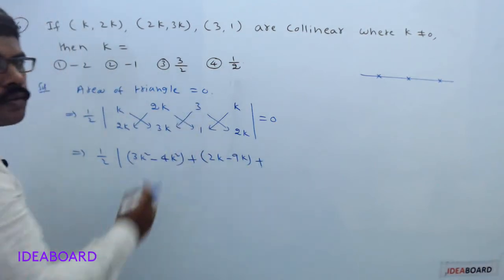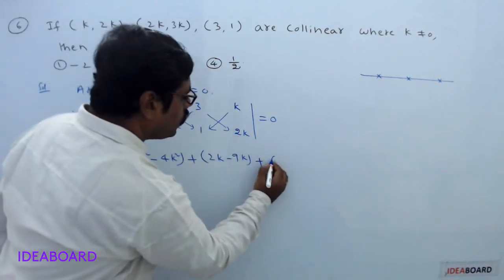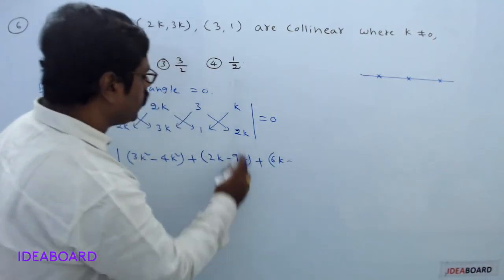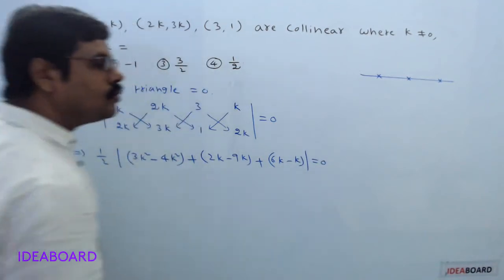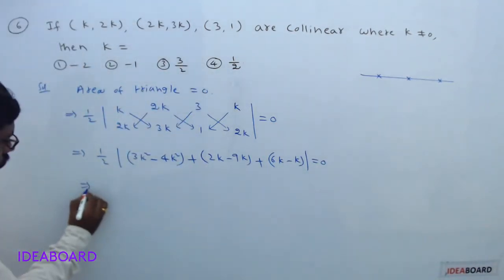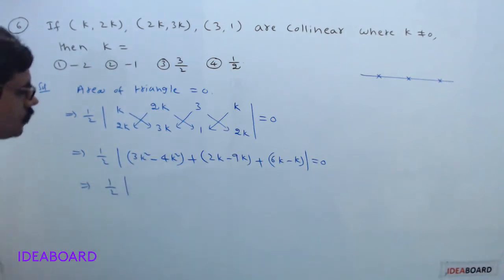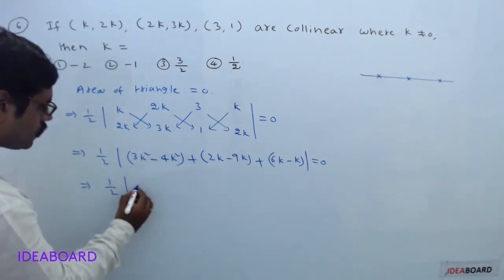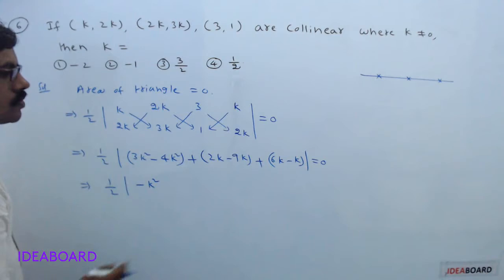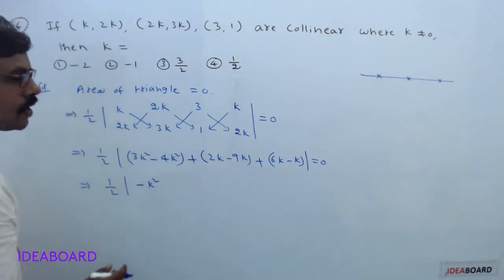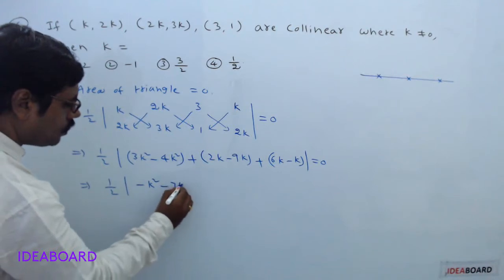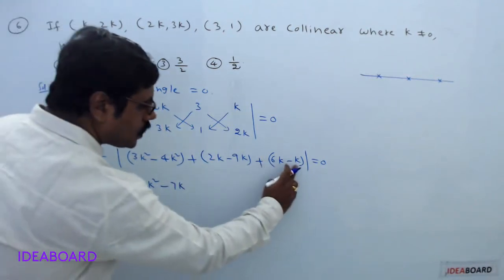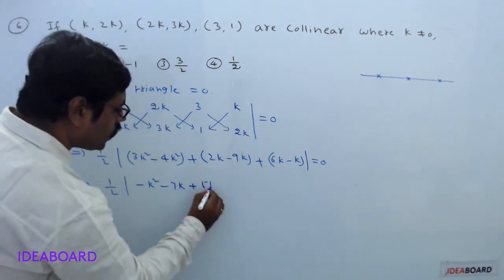Plus this part is over. 3 into 2k, 6k minus k into 1, k equals to 0. So from this half modulus of 3k square minus 4k square minus k square, 2k minus 9k minus 7k plus 6k minus k, 5k